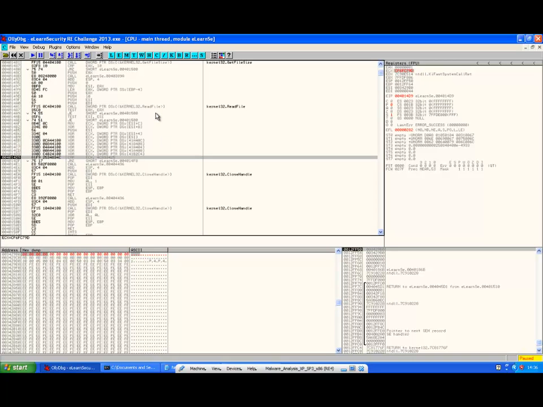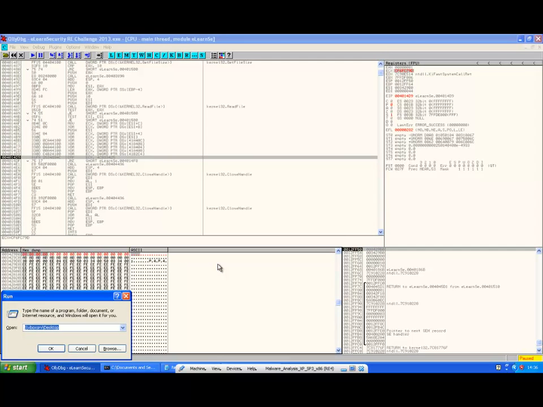So we need one more value that, XORed with this, is going to give us this result in E6. So if we fire up the calculator,